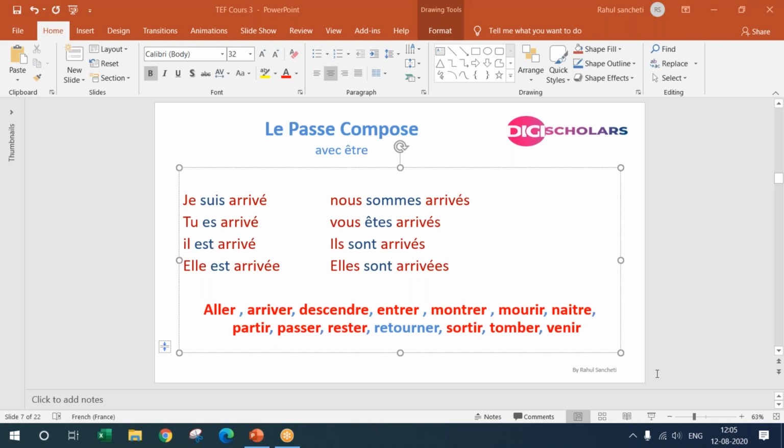Yes, perfect answer. I was actually looking for this. All of these verbs are action verbs, verbs which are in motion. Motion, like you're not fixed in one place. You're moving. Okay? Yes.